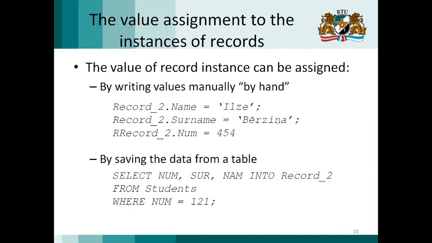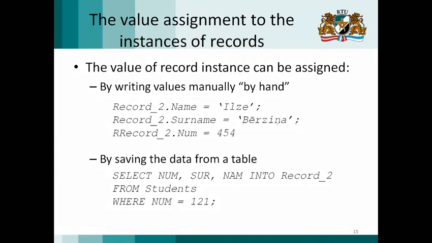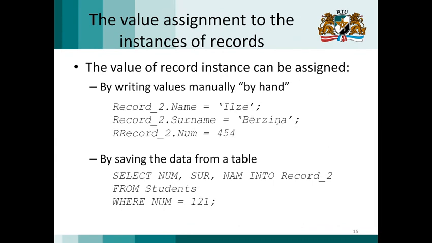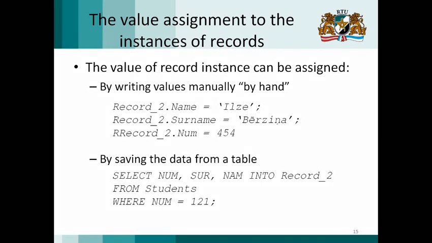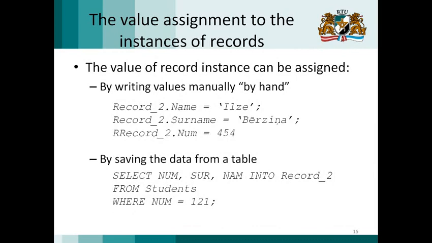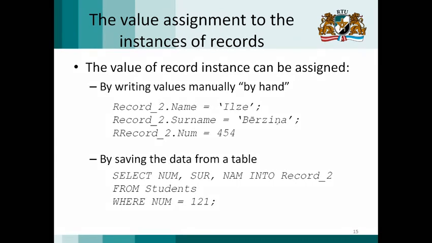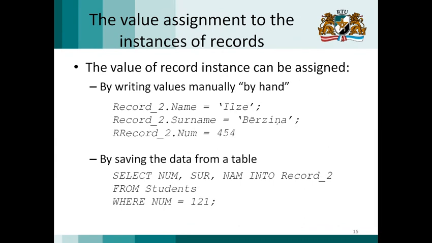Why do we do this? Because if we wouldn't use this condition, then there probably would be several results from this query select from students. And every record instance can only contain, basically, is equal to 1 row of the table. So we could not write several rows into this one record. That is an